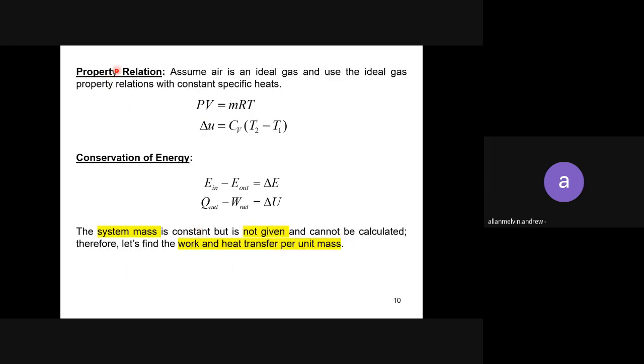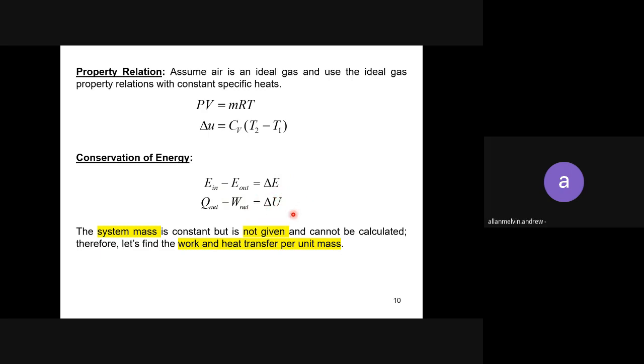Then you go to the property relation. Property relation, assume air is an ideal gas and use the ideal gas property relation with constant specific heat. So PV equals to MRT. So this is one of the formula that you can use using a specific heat. So sebab dalam ni dia ada temperature formula. So you can use this. So conservation of energy. So we know E in minus E out equals to the changes of the internal energy. So Q net minus W net equals to